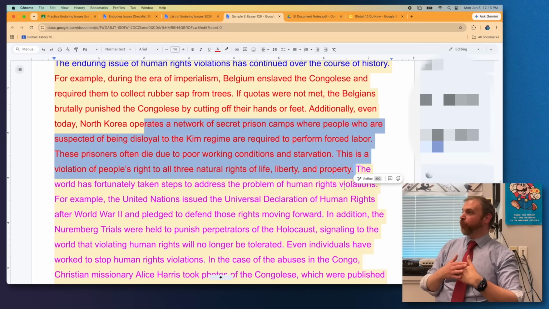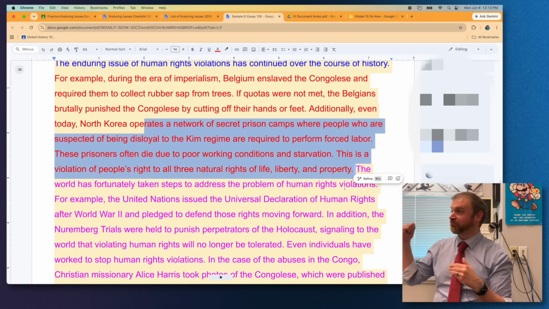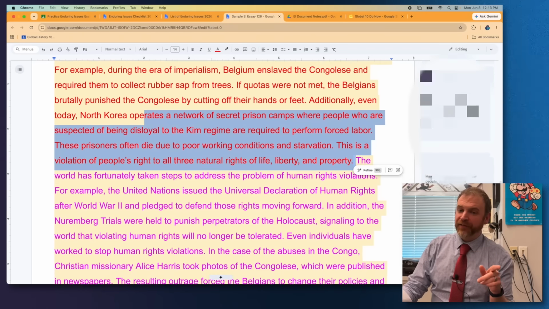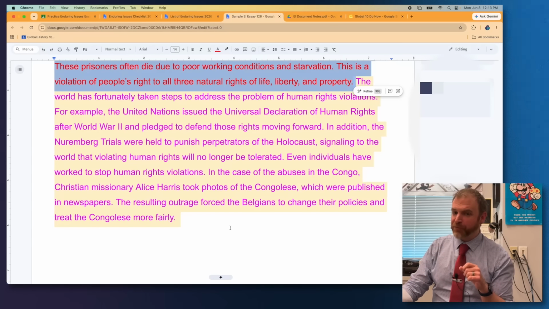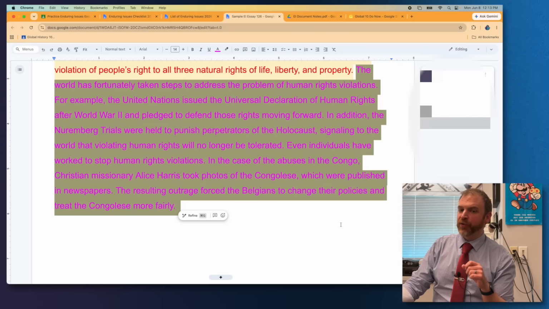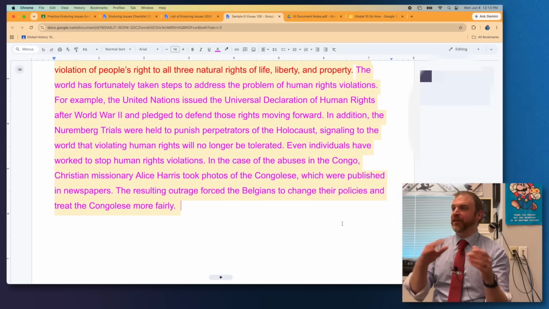If your essay is about war or conflict and you want to write about what's going on in Palestine, do it. We did talk about that in class, right? The last thing I did here, which technically is optional, is where I discussed what the world has done to try to change human rights violations, meaning make it less of a problem.